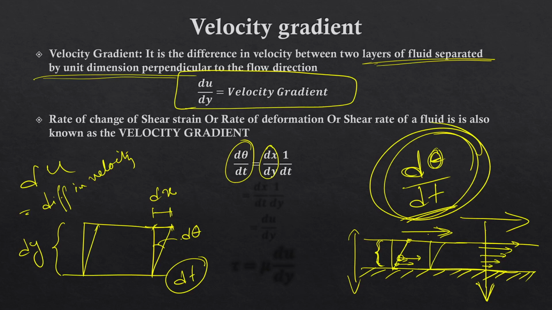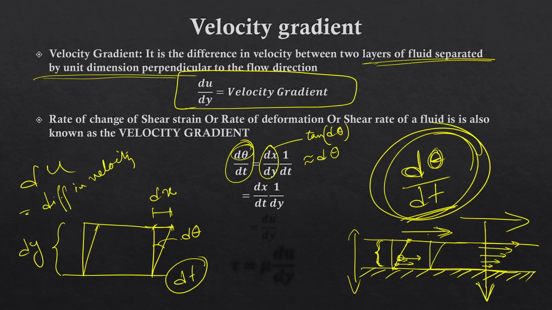Otherwise it is actually tan of the angle. dx by dy is equal to tan of d theta. However, for a small value of d theta, it is almost equal to d theta. And therefore, dx by dy is d theta, then divided by dt,